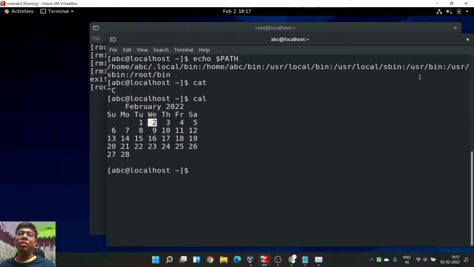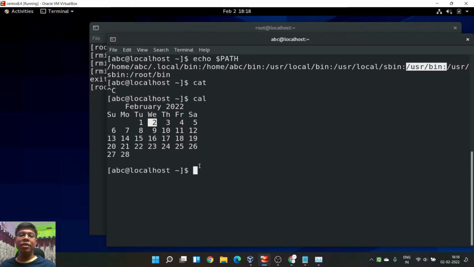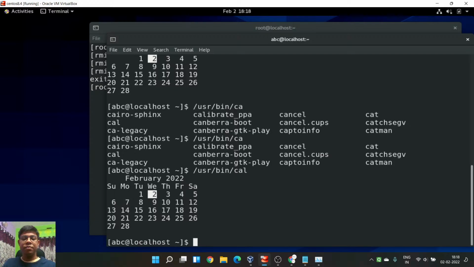But understand that you have this /usr/bin folder in the path, that's why you can run this cal command. Otherwise you need to run /usr/bin/cal, you need to run it in this fashion.